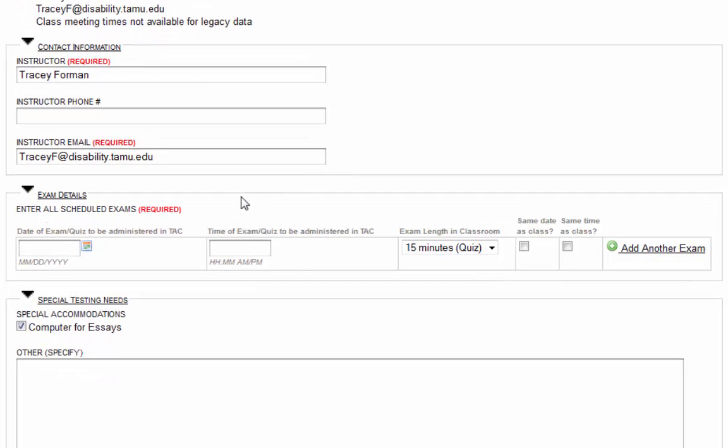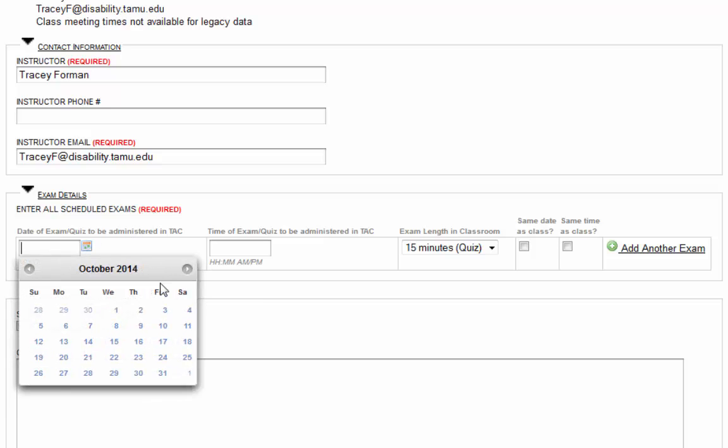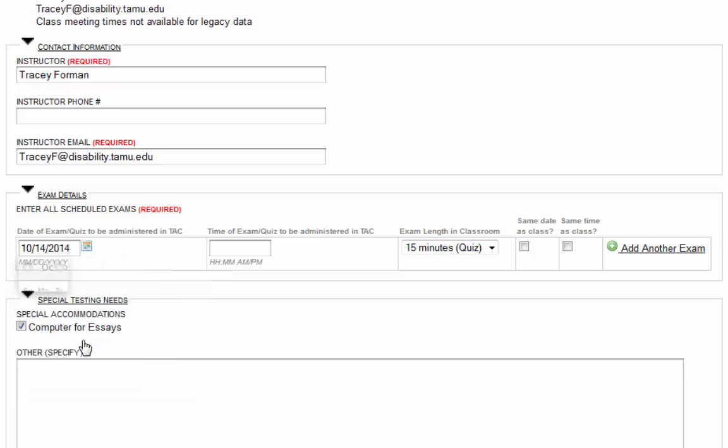Under Exam Details, you will enter the date of when you will take the exam or quiz in the TAC. To the right of that, you will enter the time that you will start the exam or quiz in the TAC. Note: unless you have a time conflict, you should generally be taking your exam or quiz at the same time as your class. An example of when you might take your exam or quiz at a different time is when you have back-to-back classes, and the only way to receive your accommodations is to take your exam or quiz